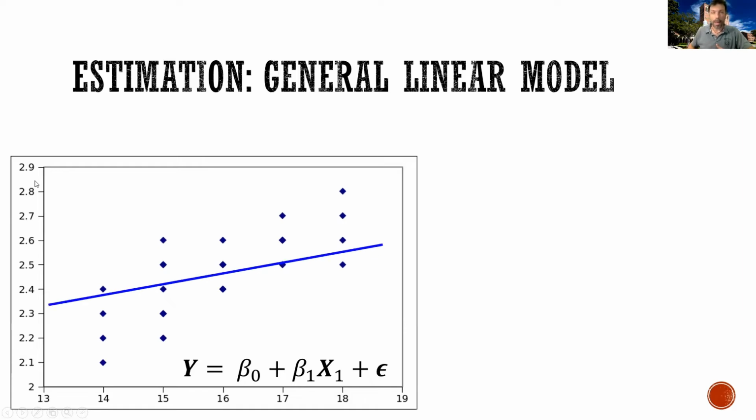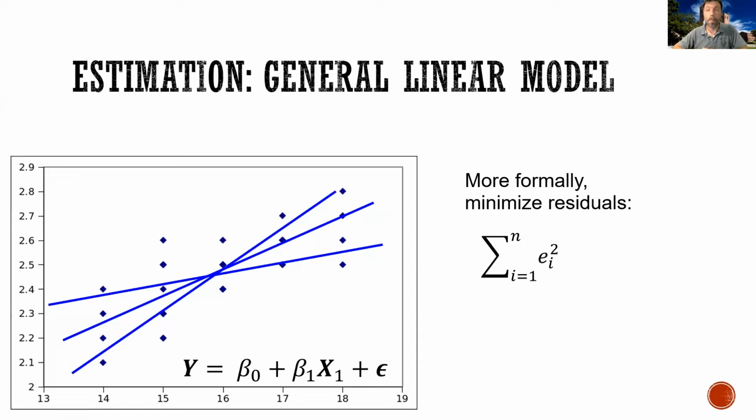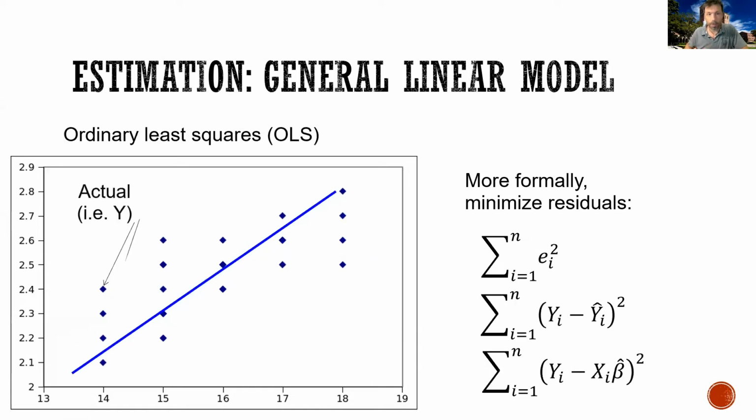In visual terms, what you're doing is you're trying to find what's the best line, what is the line that best fits these data. So is it this one, or is it this one, or is it this one? Now, more formally, the way in which we do this is by minimizing the sum of the squared error. In other words, the sum of squares of the difference between the actual observations that we have and our prediction,